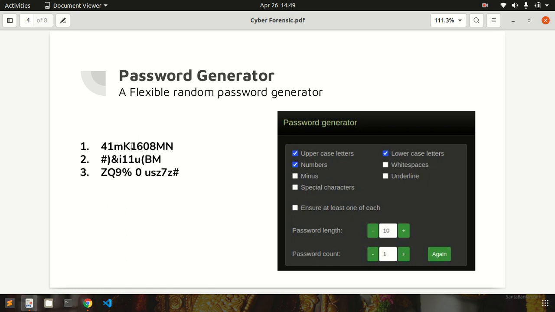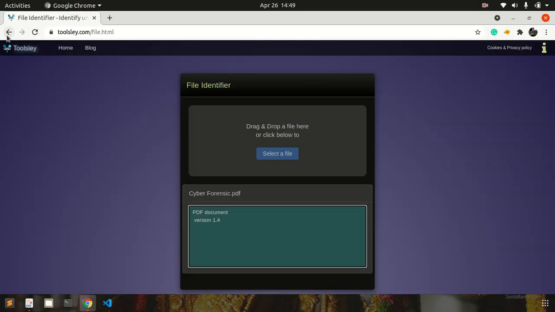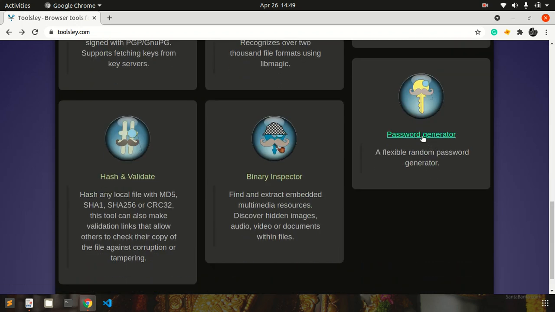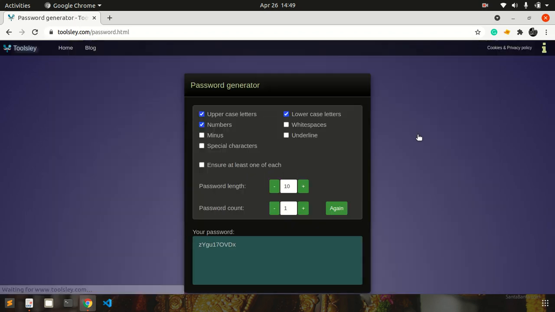Okay, so let me show you. This is the feature password generator. You just have to visit this feature, and according to your choice, according to the strength or the security you like, you can generate as tough a password as you like. The password can be as complex as you need.